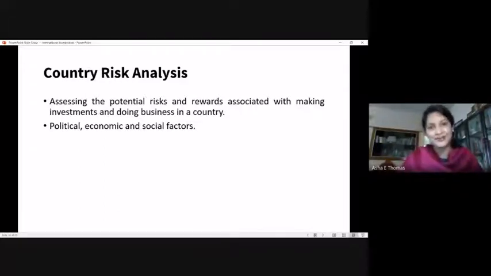And that can look into what is the level of political uncertainty, or what is political stability that is applicable for a country, what kind of economic scenario, or what is the present condition with respect to the economic indicators of that country. And they also will look into the social factors, demographic factors, the profile of the people of that country, the scope for the business to see.